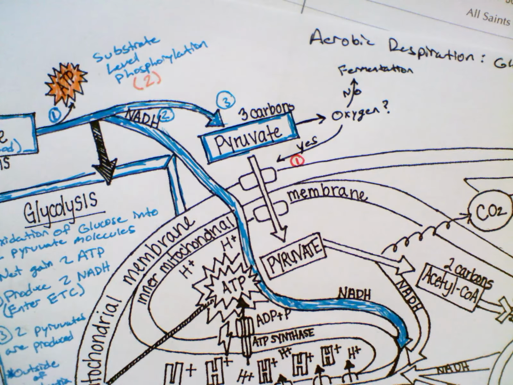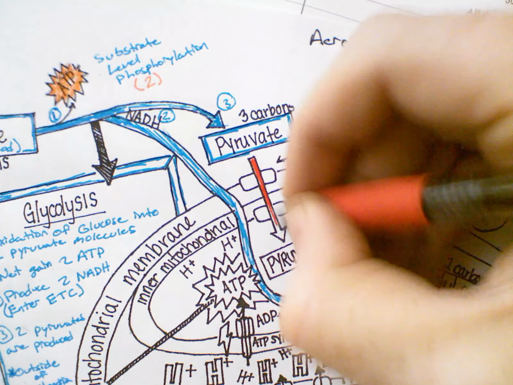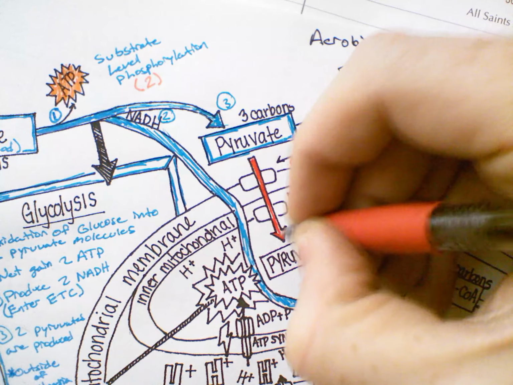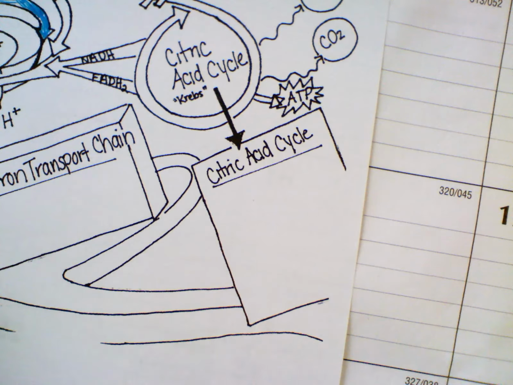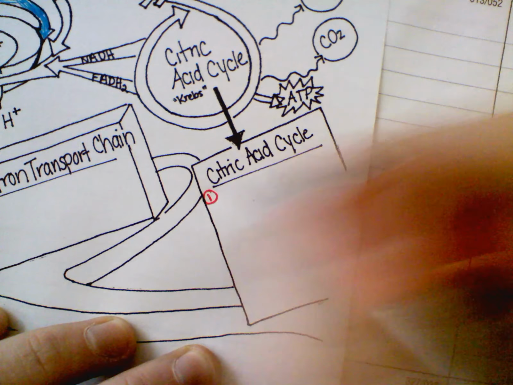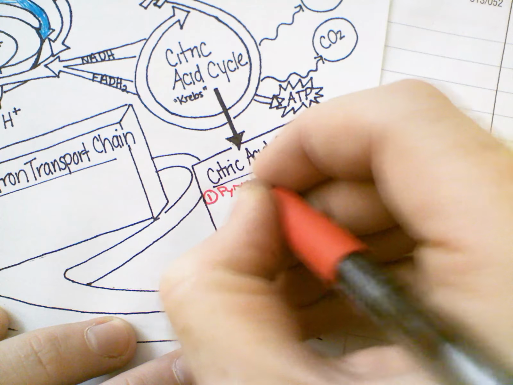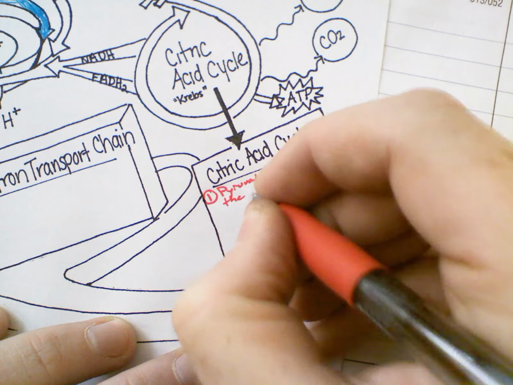Okay. Yes, so now we've moved to red. Okay. So next step, we're going to see pyruvate enter the mitochondria. Ew, no, it's gross. Okay. The citric acid cycle banner is way over here. You ready? Here we go. It was a long ride. All right. Pyruvate enters the mitochondria